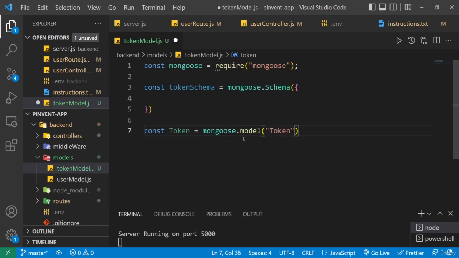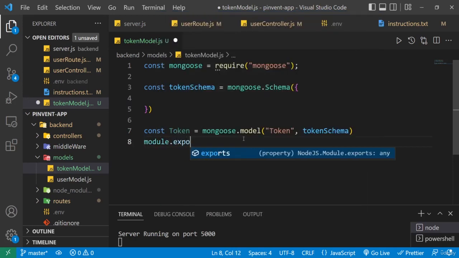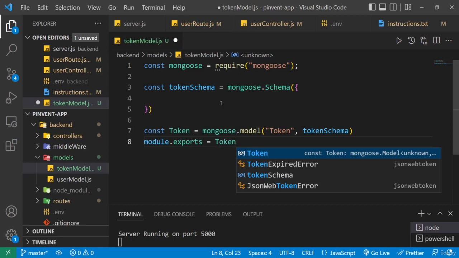The name of the model is token, then it's going to point to tokenSchema. Then lastly, we're just going to export it with module.exports, and that's just going to be equal to Token. I feel like there should be a shortcut that will create a template for stuff like this, but anyway,